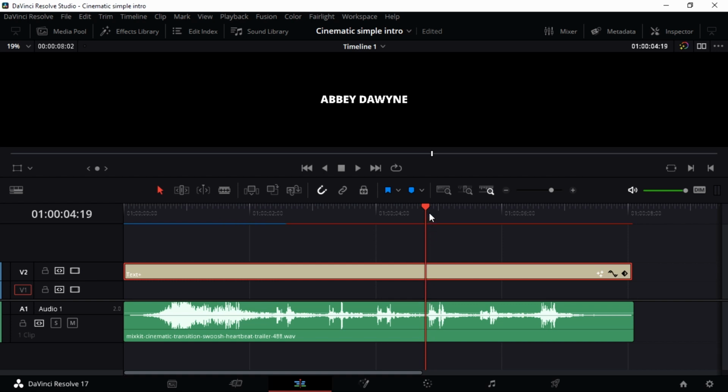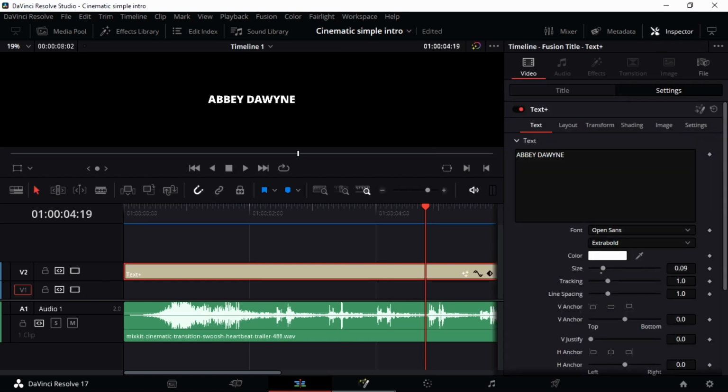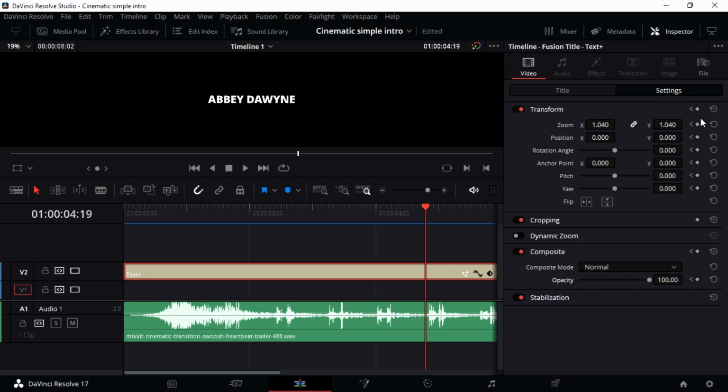And I want to go to the inspector, audio waveform. Let me go to the inspector and get settings, and I want to add keyframes in here. I want him to go back to 0.9 and the opacity back to 40. Okay,